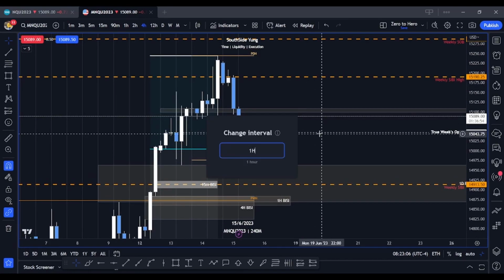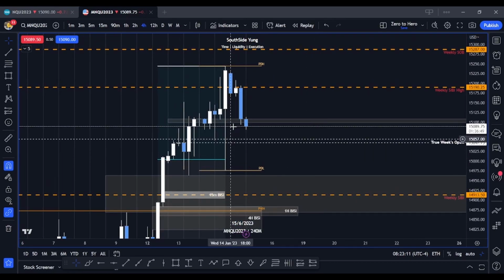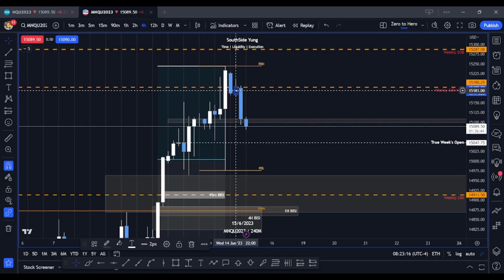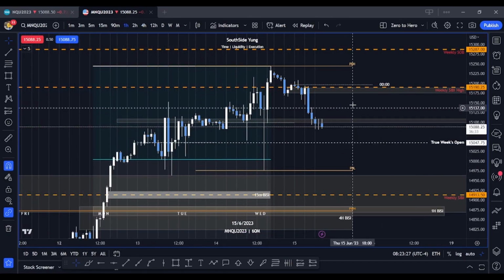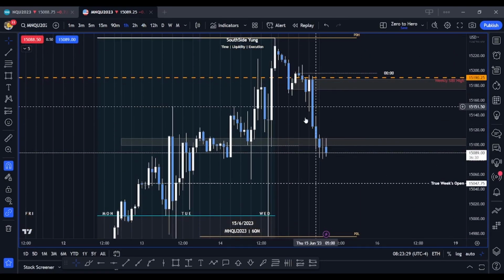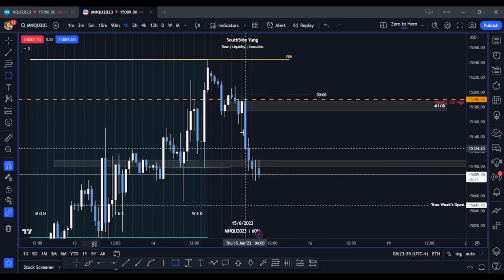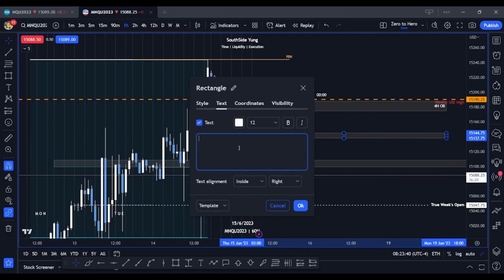So 4 hour, I don't see anything. Oh wait, actually, hold on. Okay, 4 hour. We put in order block here. Boom. 1 hour. Then a bunch of sibbies here, but this is gonna be again a low resistance liquidity run up if we fill into those sibbies, right? I'm not really interested in taking trades from those, but we'll see if those are road bumps for price. So 1 hour sibby,